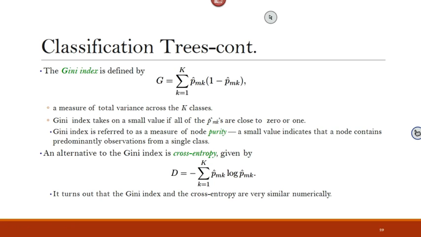Now you need to do that for all regions, and you take the summation. Let me give you an example.